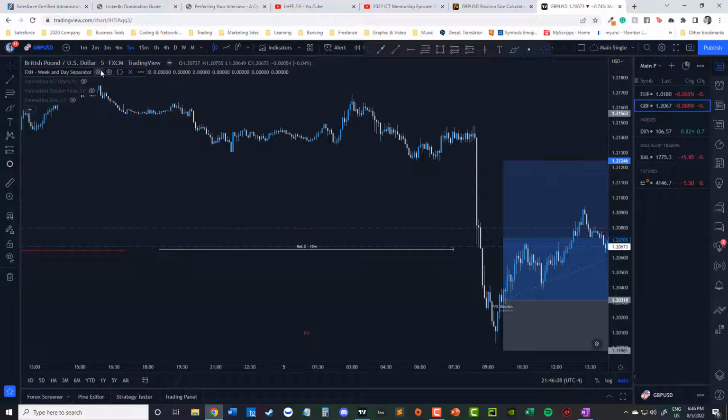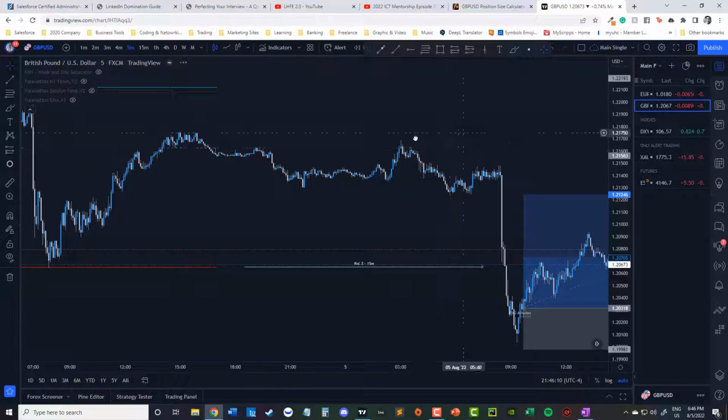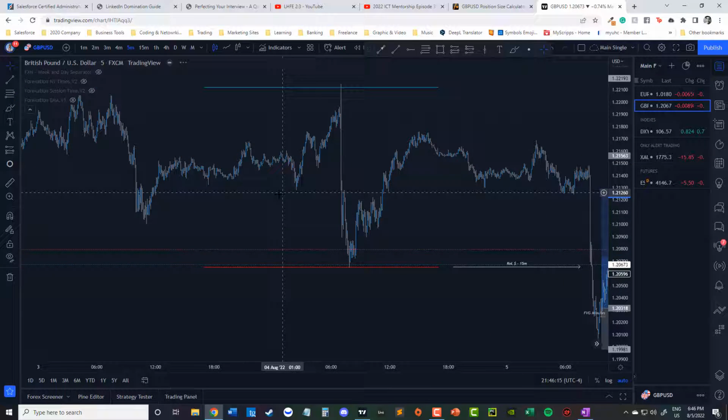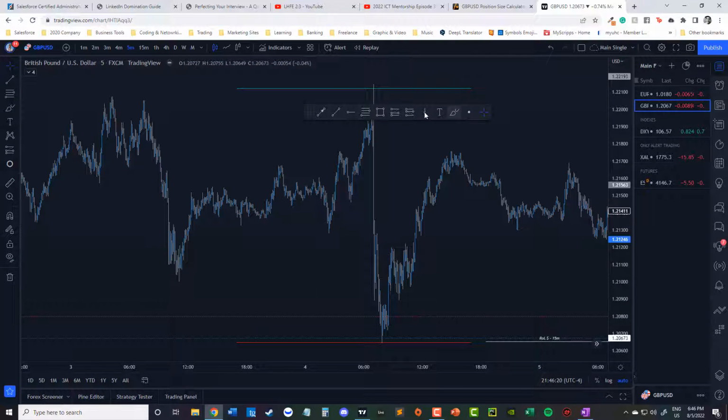So I'm going to turn off all the indicators. I still need to take a screenshot of that for my trade journal, so I'm not going to delete that. Basically, these are all my favorites. These are all the tools I use. And then if you want more tools, you can get in here